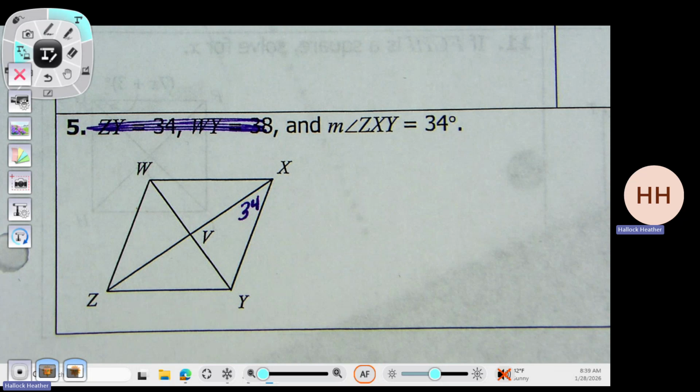You're going to have to find that missing angle by subtracting from 180. Because V literally in the center is 90. And then each triangle makes 180. And once you have your numbers, try to fill out your